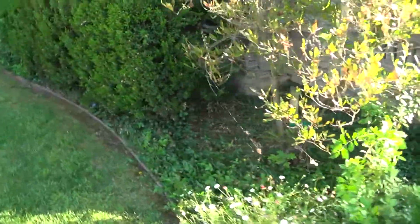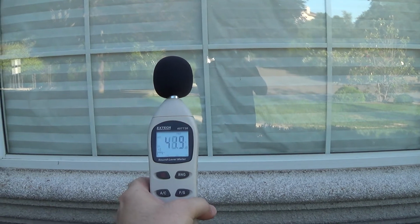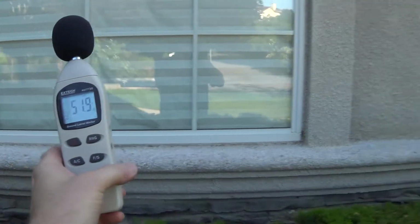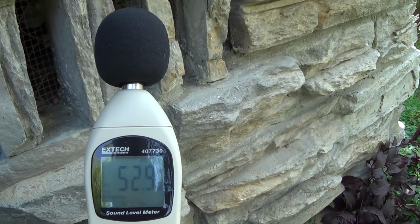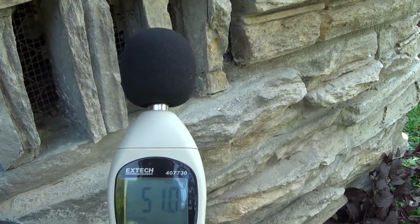Real quiet out here. As we come around the outside of the house, here's the big window. That was my big concern. I think you're hearing more wind than anything else. And where the air exchangers are, go right up by the air exchanger. They're closed right now. That's pretty quiet. I'm standing right next to it, you can hear it, but